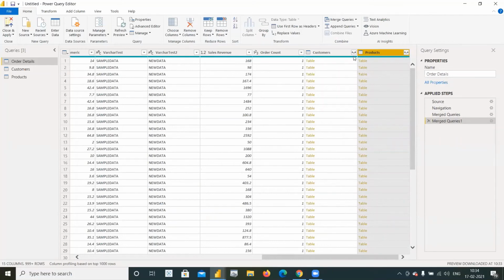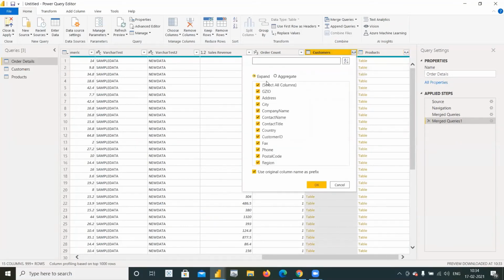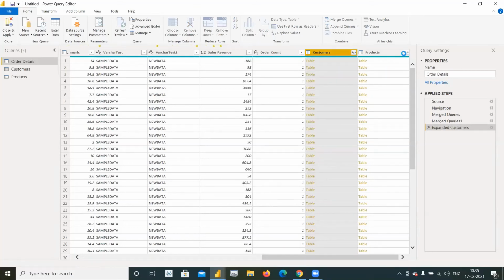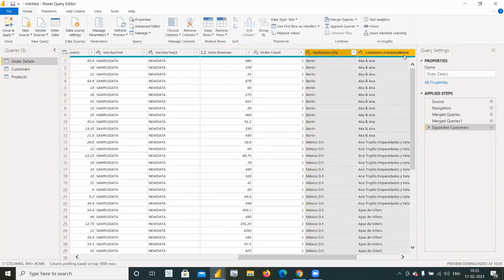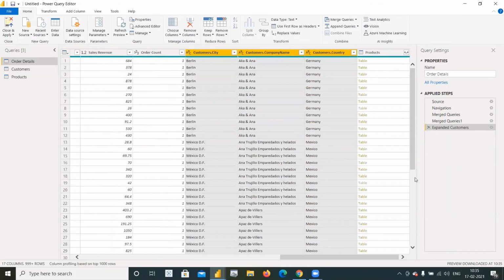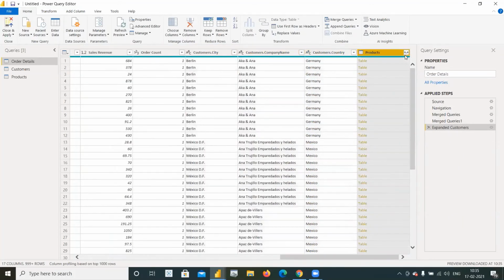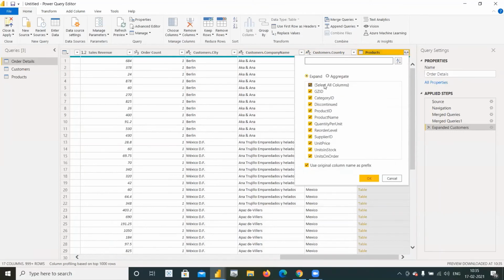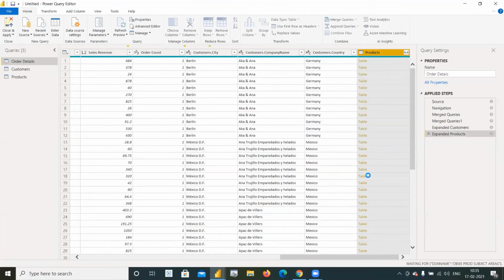Now I don't want all the columns here, so I'll select a few that I want for my analysis. Country, company name, and city here. And in the case of products, I just need the product name alone for my analysis. And additionally, I'll just apply some filters.